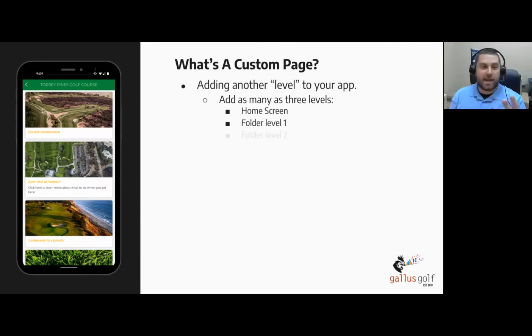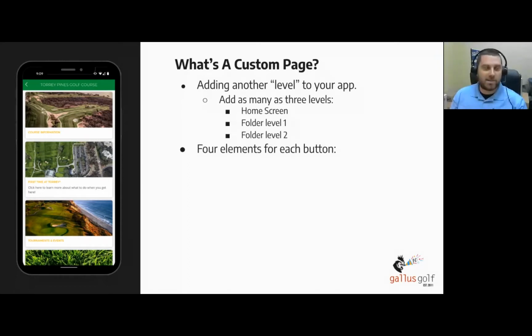And then number 3, you can have another folder within a folder or another custom page within a custom page. So essentially you can have multiple different ways, like click on one thing and then get to another. We're going to show you an example of that in just a second, showing you how it looks when you're clicking on them. So each item has 4 main elements, 2 of which are optional and 2 of which are